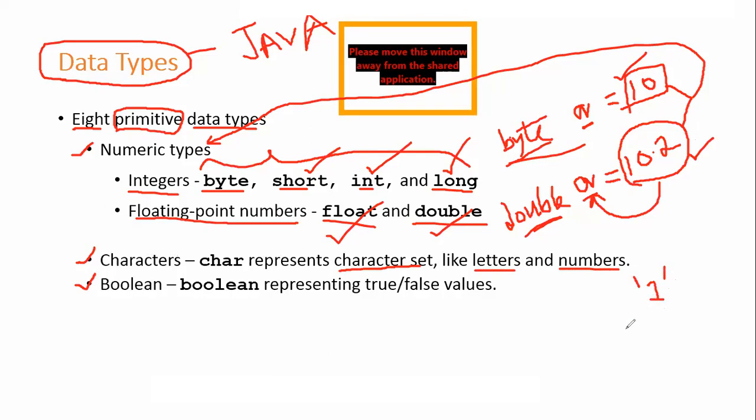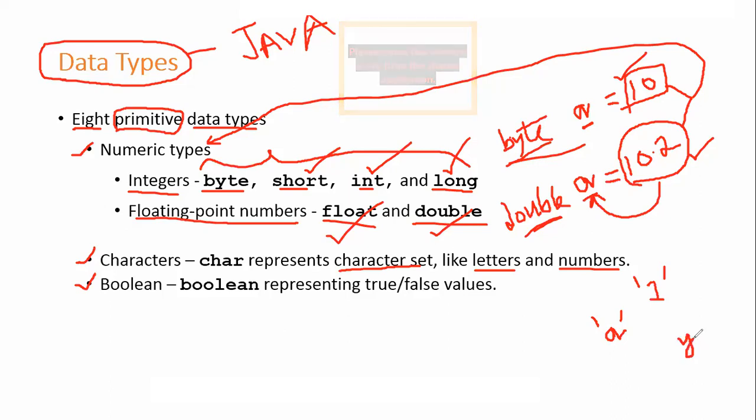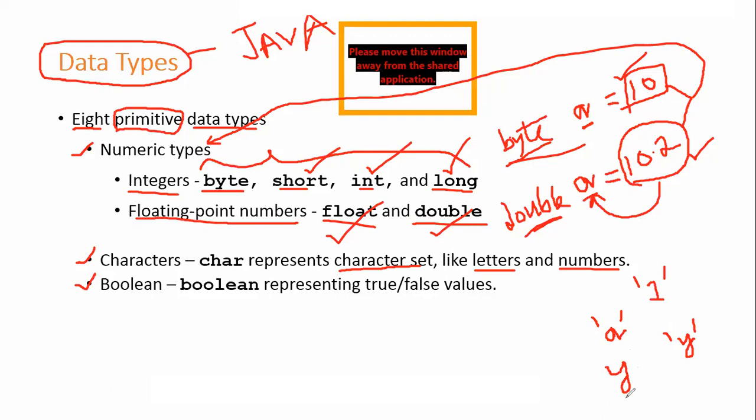So as you know, anything which is a character must be placed inside single quotes. For example, A is a character. Why? Because I placed A in single quotes. Now, is Y a character? You may say Y is not a character. Why is Y not a character? Because anything which is a character must be placed in single quotes. If I write Y without single quotes, we can consider this Y as a variable. So in order to make Y a character, you must place it in single quotes.